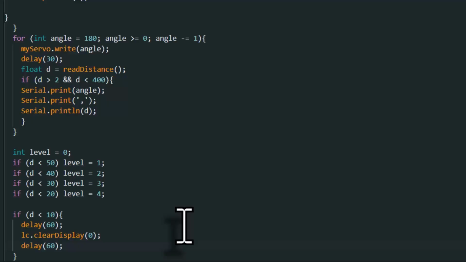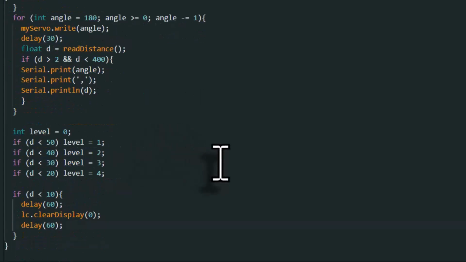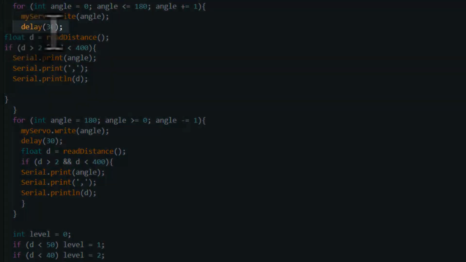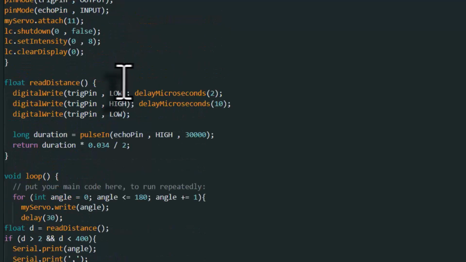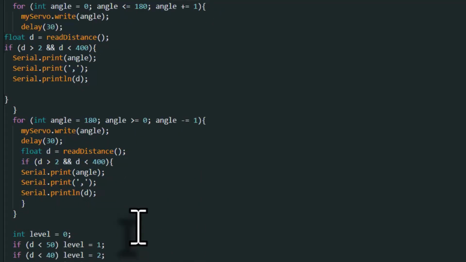The code still moves it by the same angle step that we defined here. See here? Here we defined plus 1 and minus 1. So from 0 to 180, we increase it by 1, and from 180 to 0, we decrease it by 1. With the 30 millisecond delay here. Okay, so at the top part, one more time, we have a 30 millisecond delay. But here in this if condition,